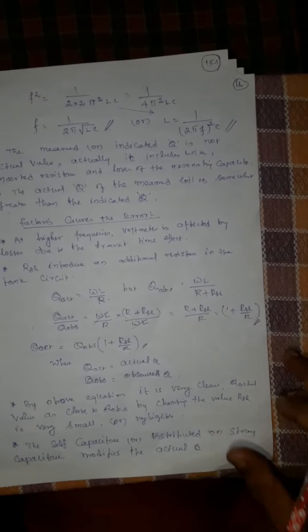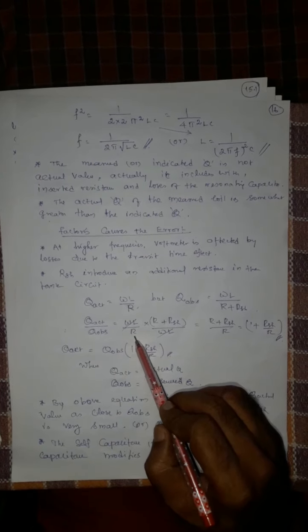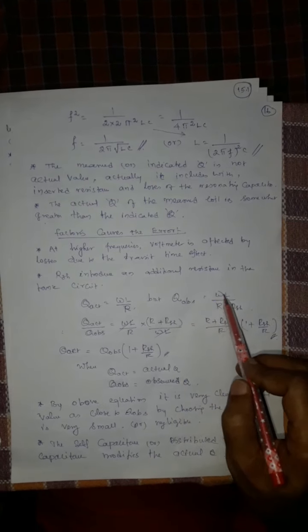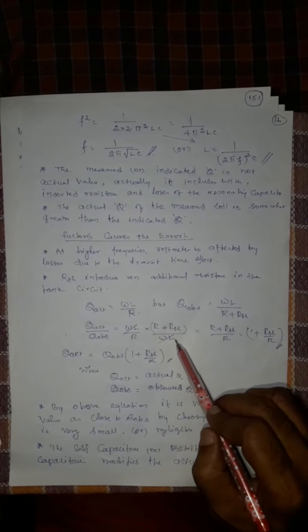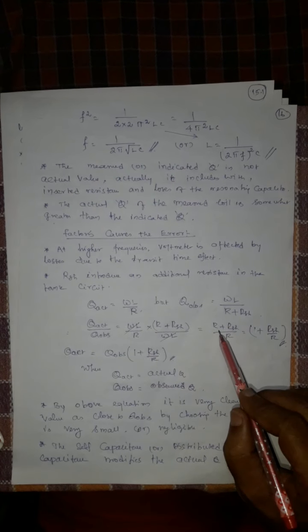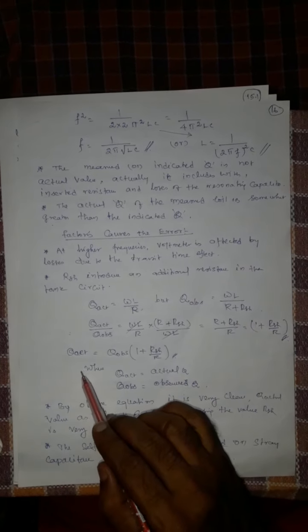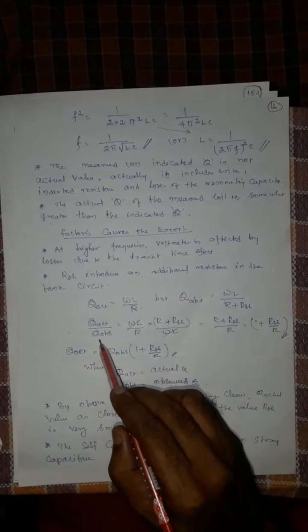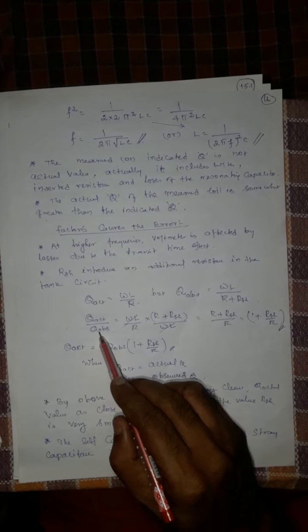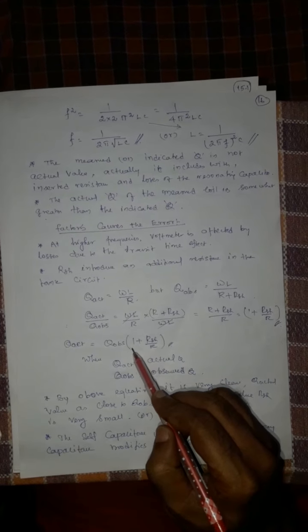Then Q actual divided by Q observed equals omega L divided by R, taking the reciprocal of the other, R plus RSH divided by omega L, and omega L gets cancelled. Finally we get R plus RSH divided by R, which is 1 plus RSH by R. Then Q actual equals Q observed into